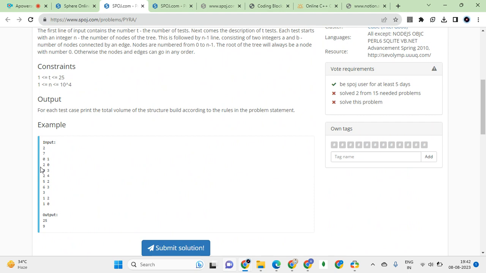1 to 2 there is an edge. 1 to 0 there is an edge. But 0 is the parent. Yes, that's what I'm saying. 5 plus 3 plus 1. Yeah, that's 9. So 0 has a basement of 5, then a base for a tower of 3, then a tower of height 1. Leaf node is always 1.